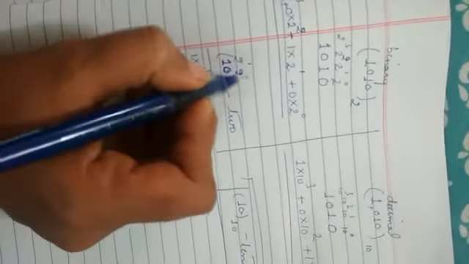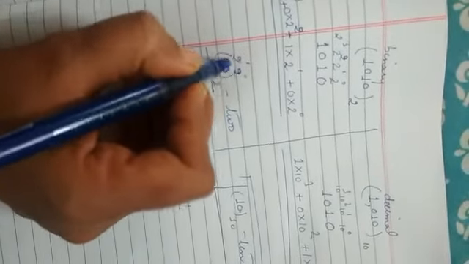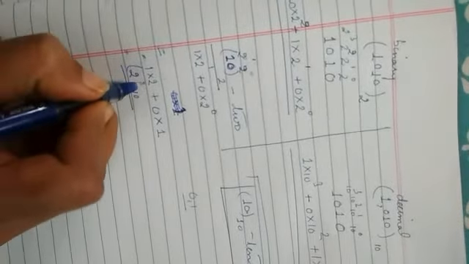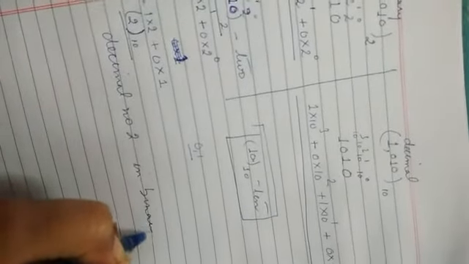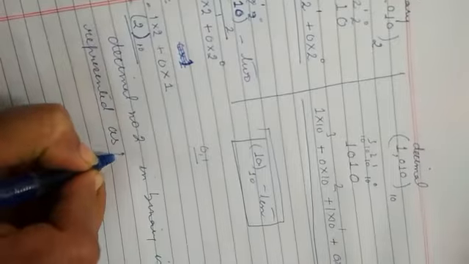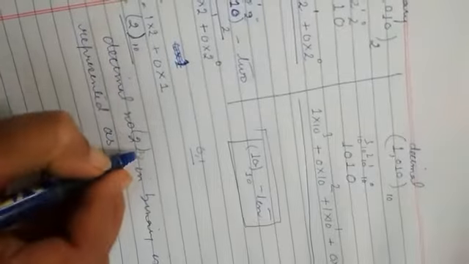So what I have written, I've written its places with the base 2 raised to power 0, 2 raised to power 1, 2 raised to power 0 multiplied by 0 plus 2 raised to power 1 multiplied by 1. Now while doing the calculation, what I am getting is 2 to the base 10, which means the decimal number 2. In binary, the decimal number 2 is represented as 1 0.